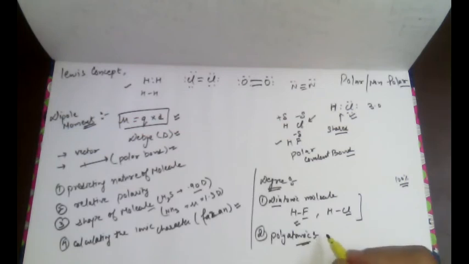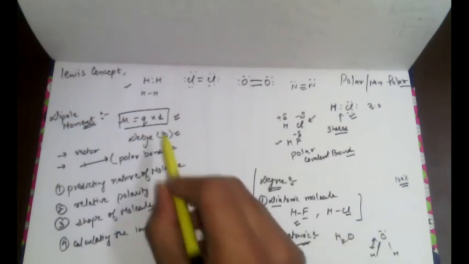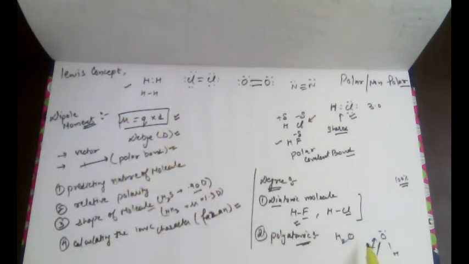Molecules with unsymmetrical or bent geometry, for example H2O. Oxygen has higher electronegativity, so it will attract its shared pair of electrons towards itself, as I discussed before. Therefore it gets a partial negative charge and hydrogen gets a partial positive charge. So we can say the H2O molecule has a bent structure because of its dipole moment.